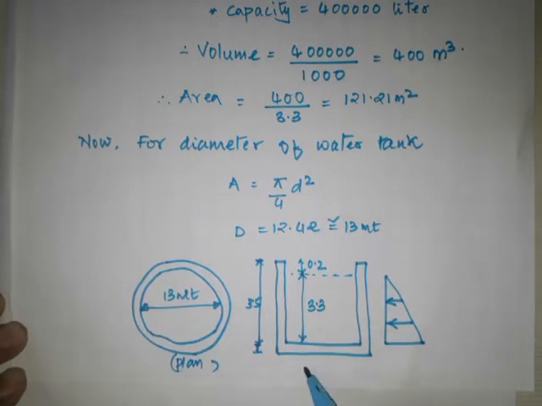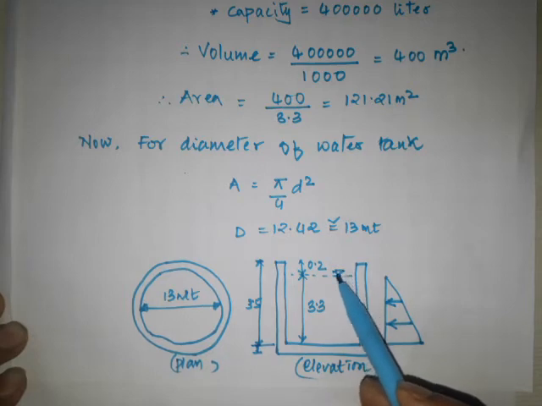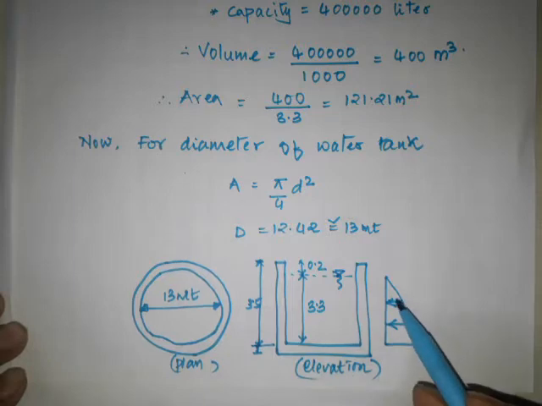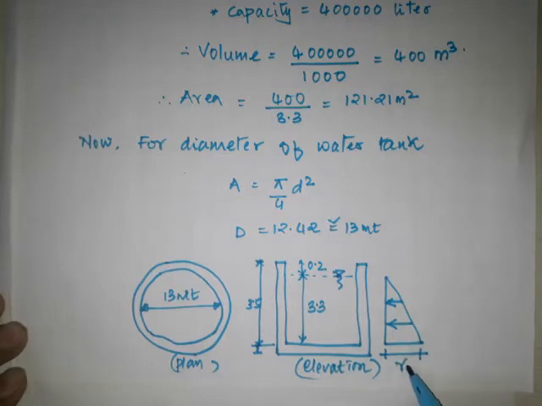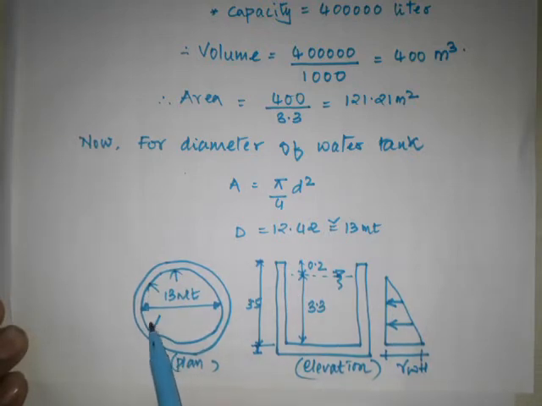And if you want to see it in elevation, the total height of the water tank from the base is 3.5 meter and this is the depth of water, 3.3, because we have to deduct 0.2 meter for freeboard. The walls have to resist the water pressure, gamma W into H. The pressure will act along the periphery of the wall, as I discussed in the last session. So for that you have to design the walls.